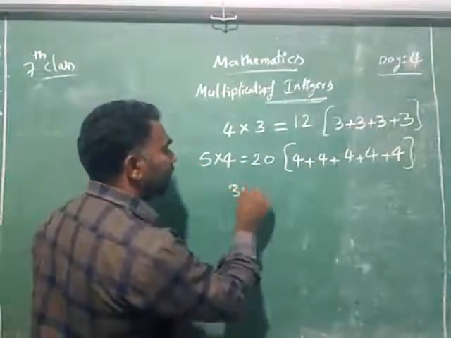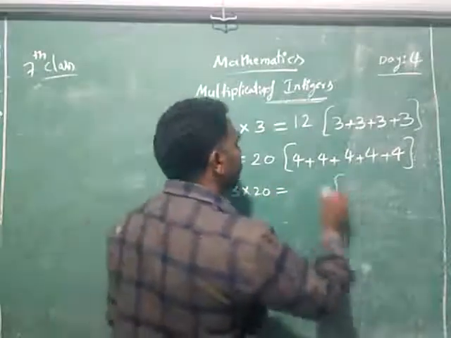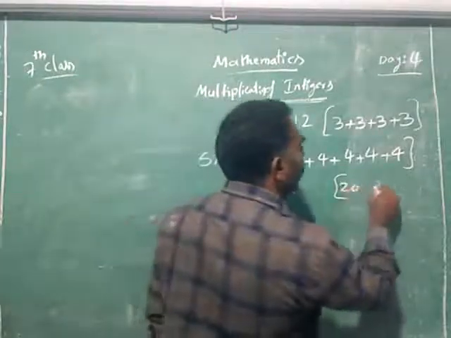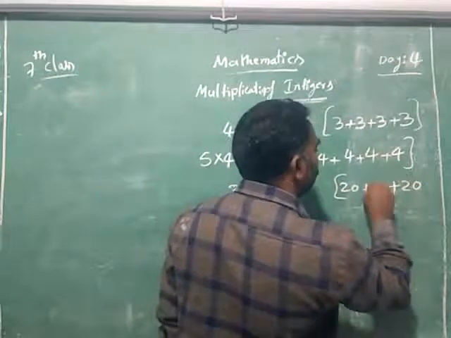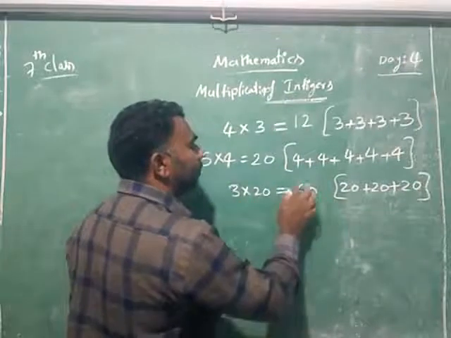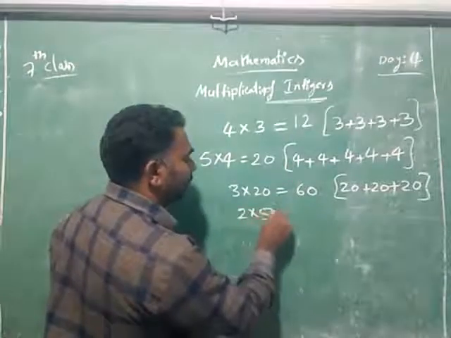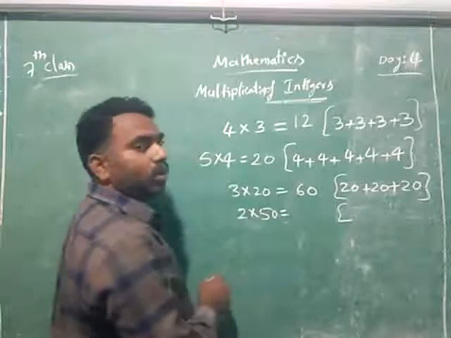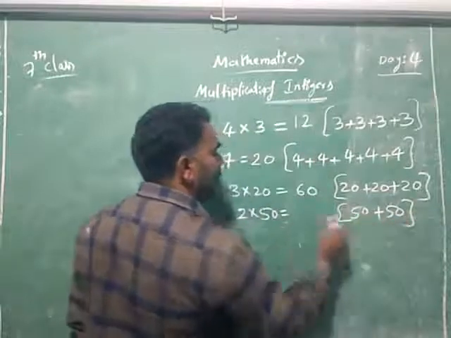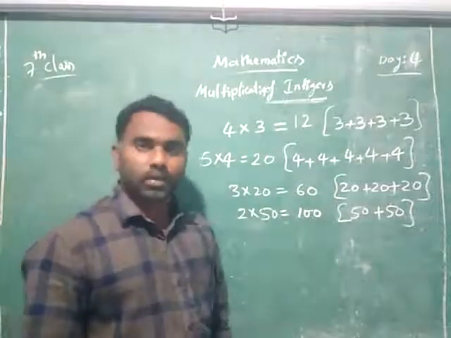Suppose you see 3 20s, which is 3 into 20. What does it mean? 3 20s. How many? 3. What? 20s. So 1 20, 2 20s, 3 20s together become 20 plus 20 plus 20, which is 60. That's why 3 20s are 60. What about 2 50s? How many? 2. 50 and 50. Two 50s together, 50 plus 50, become 100. This is called the multiplication of numbers.